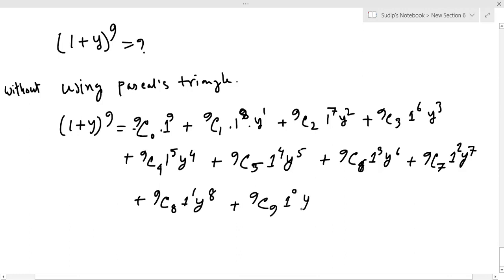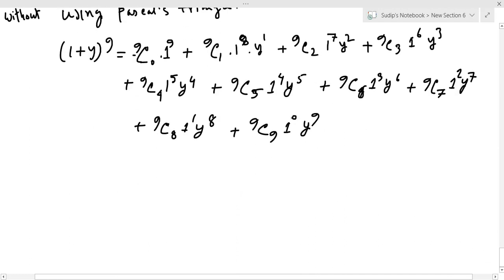So this is the answer. 1 to the power anything equals 1, so we don't have to write this. Now 9C0 means 1, so we'll write 1, plus 9C1 means 9 y to the power 1, which is y, plus 9C2, let me calculate using calculator. 9C2 equal to 36